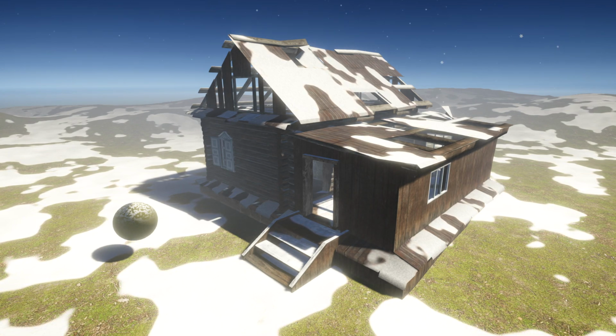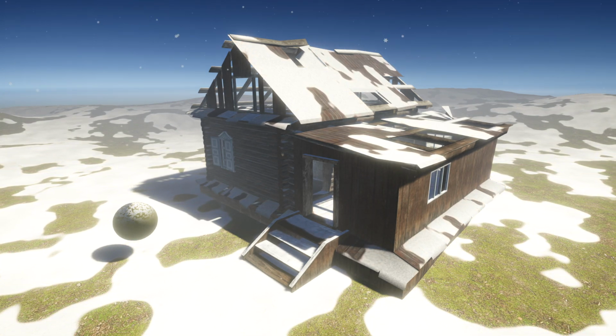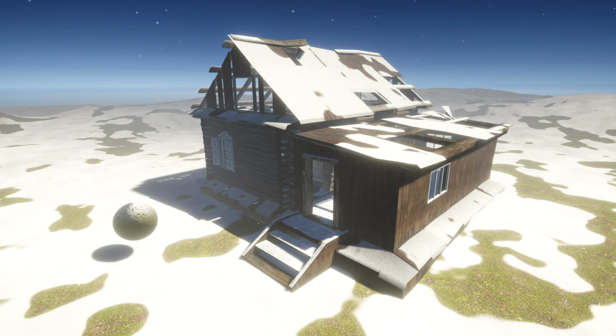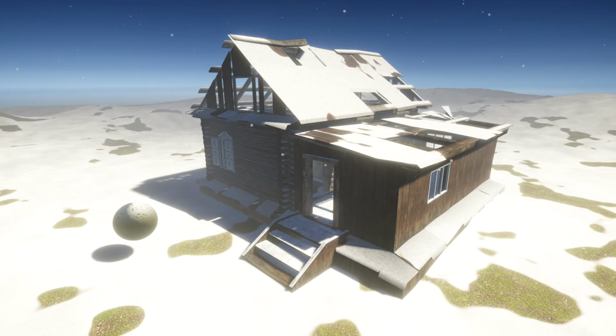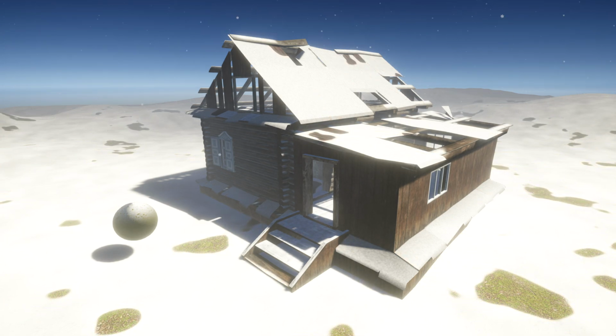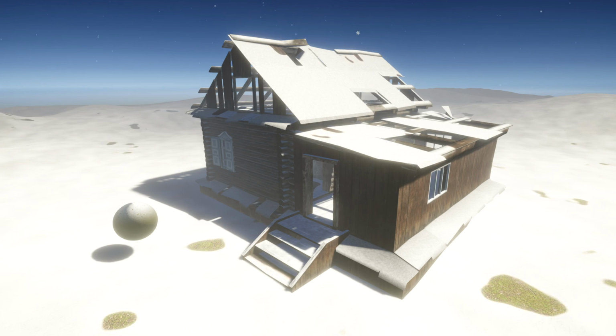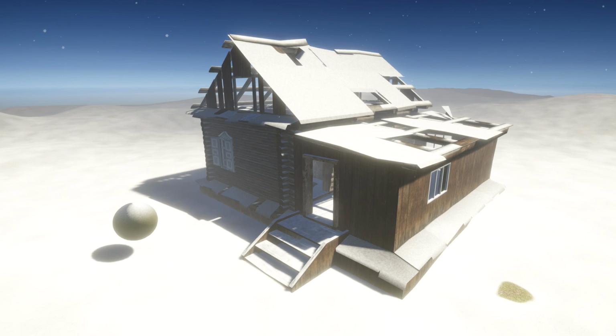I'm using Unity 2020.2 and URP for this tutorial, and we're going to start off by right-clicking in the project window and selecting Create, Shader, Universal Render Pipeline, Lit Shader Graph, because I want to use Unity's lighting system automatically. I'm using this beautiful old log cabin model by Nikolai Fedorov on the Unity Asset Store, and a ground texture from cc0textures.com. I've already created the shader, so I'm just going to step through it part by part.